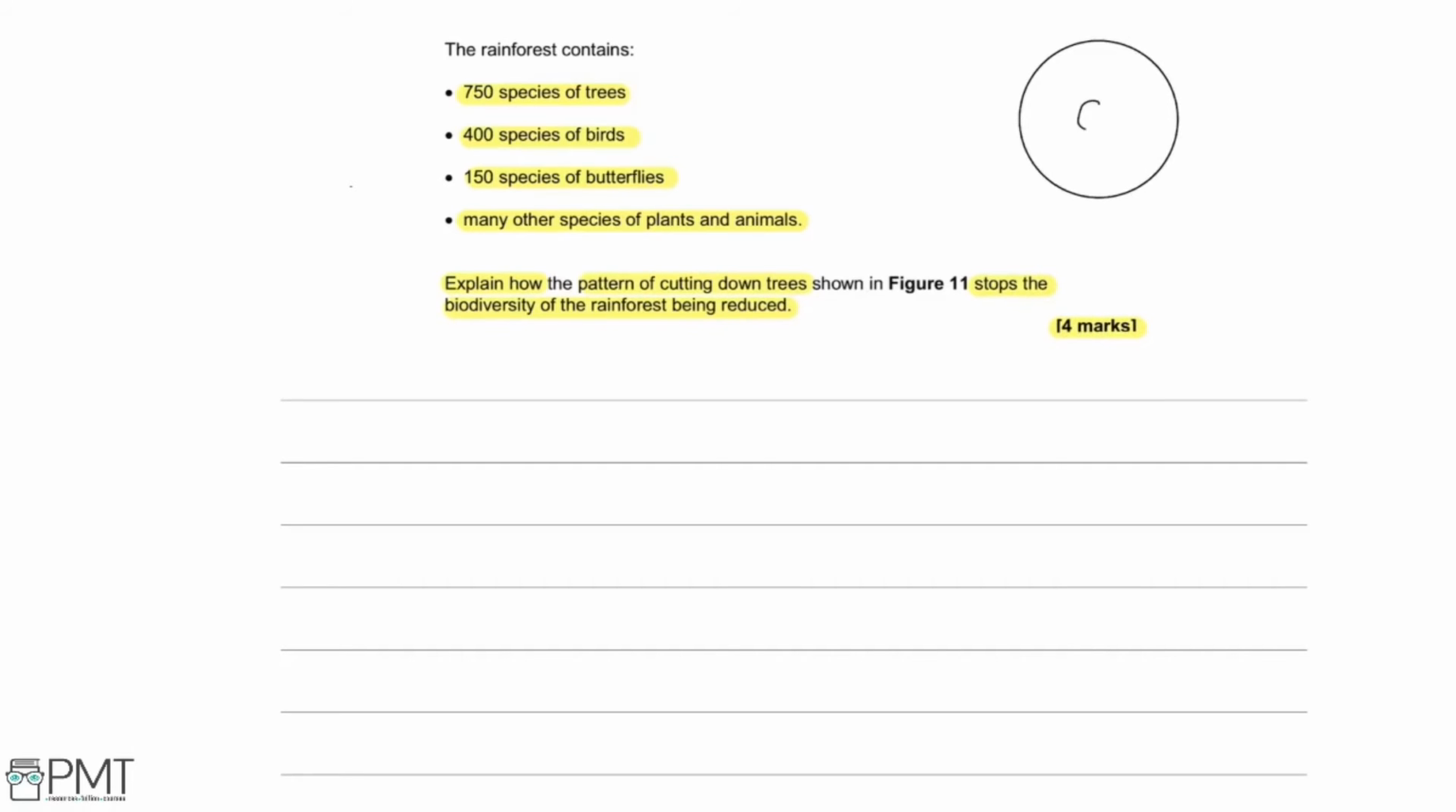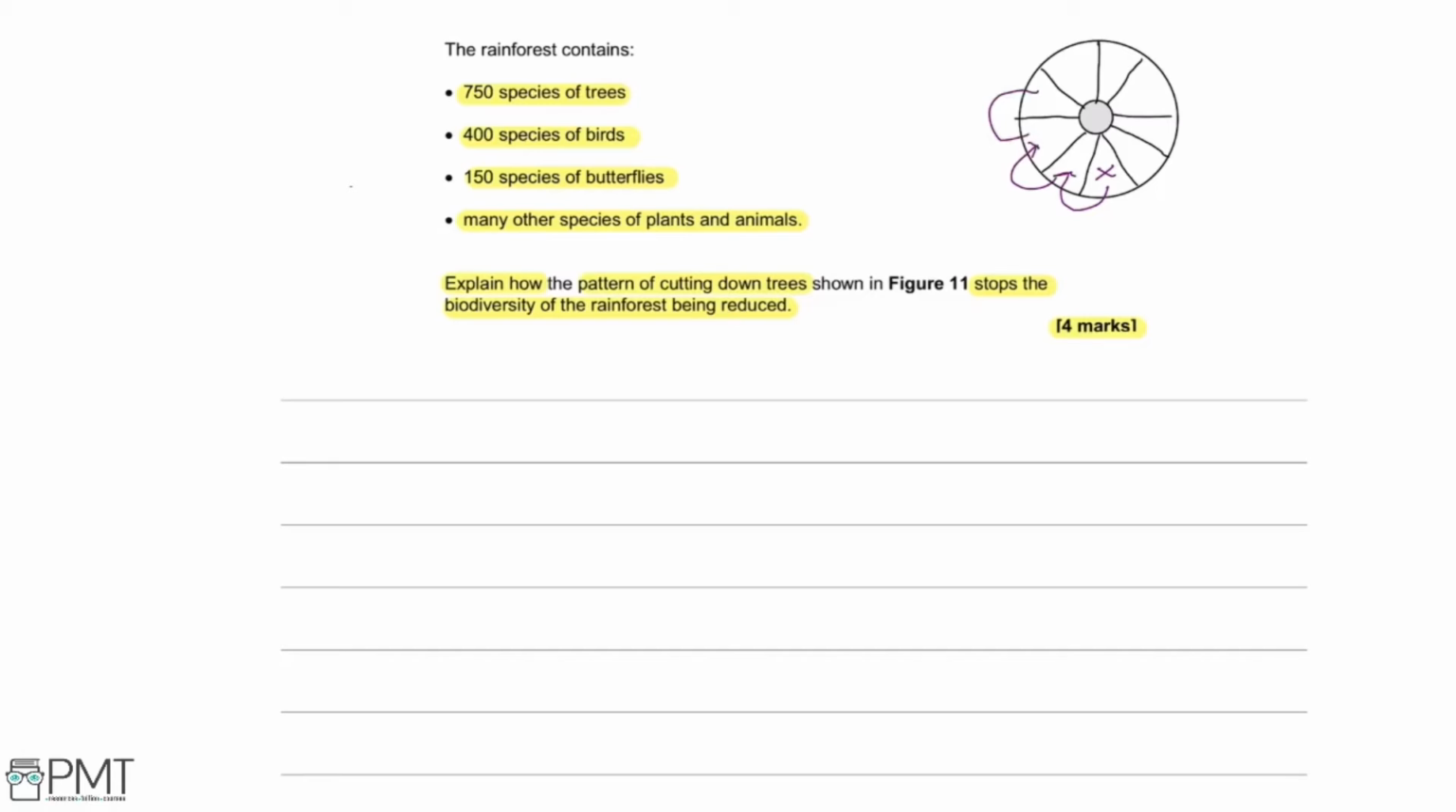So if we look at a simple diagram of how this rainforest is split up, we can see that there are lots of different sections, and only one section is cut down at a time. This means that if that section marked at the bottom is cut down, the animals from there can simply move on to the next section, and if that one is cut down, then they can move on to the next,